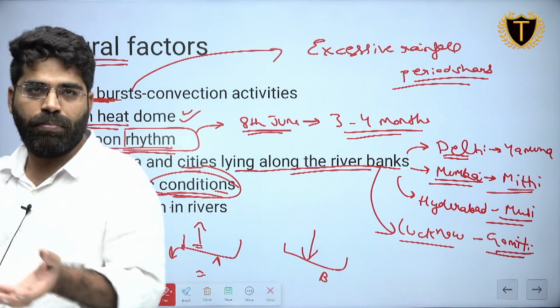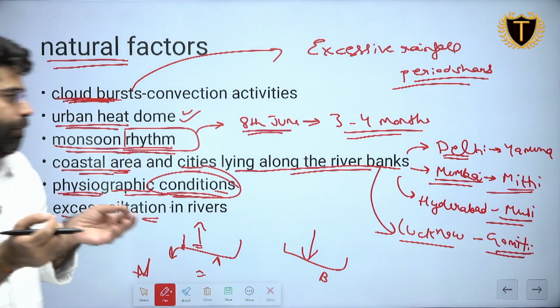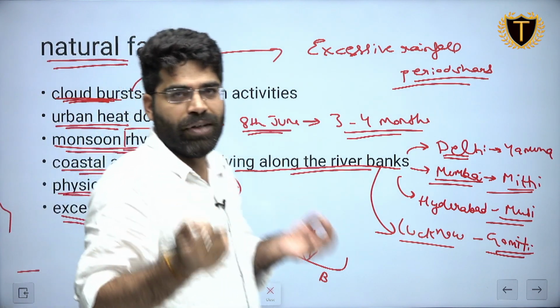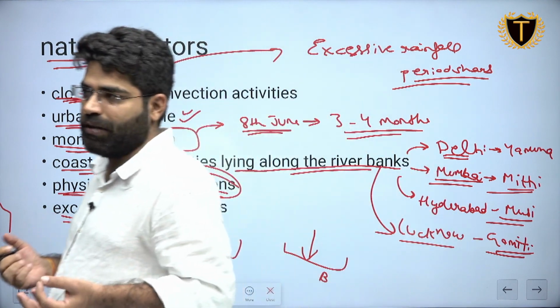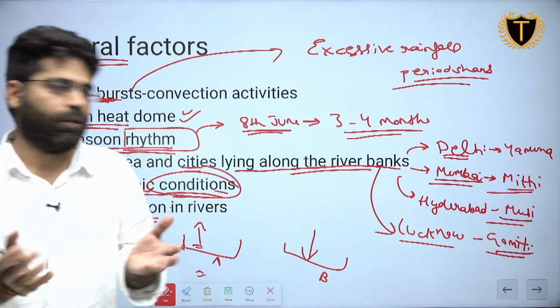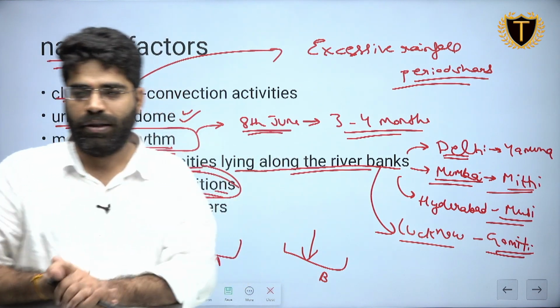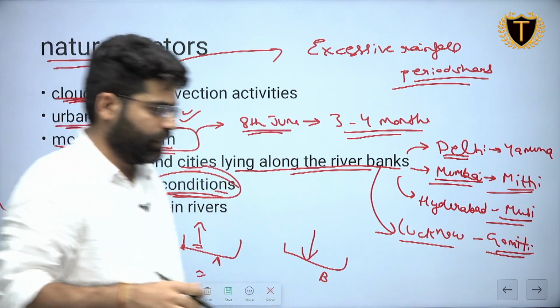Now with this mature phase of the river, more blocking of the drainage pattern of the river would take place. If there is more blocking, then what happens? The area for the flow of water would be very less, which will do nothing but block the flow of the water, which would be a direct consequence for the urban flood to happen. Clear? Okay.